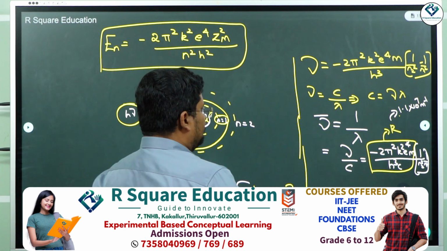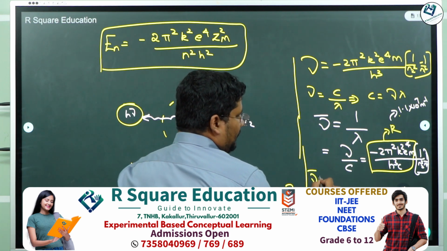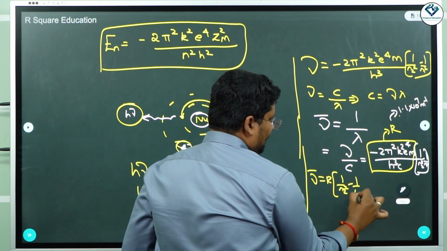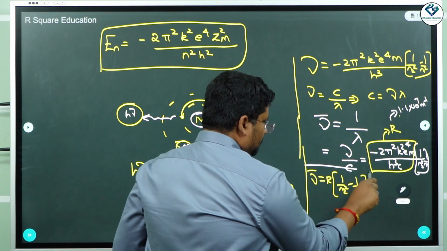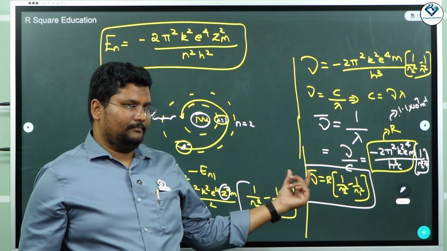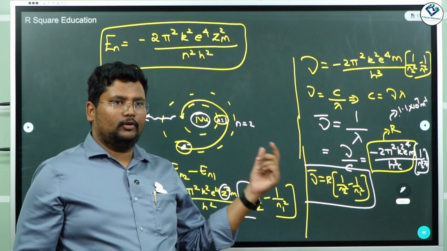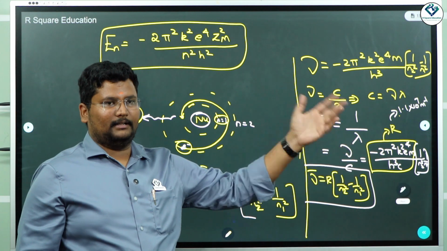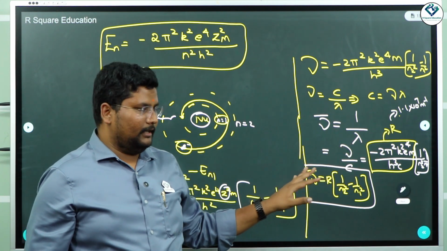So this equation can now be written as nu bar is equal to R into 1 by n2 square minus 1 by n1 square. Right? Yes, so this is nothing but the spectral series equation, in terms of wave number. What we are going to do from this is classify the spectral series of hydrogen atom into 5 based on this. Okay, now